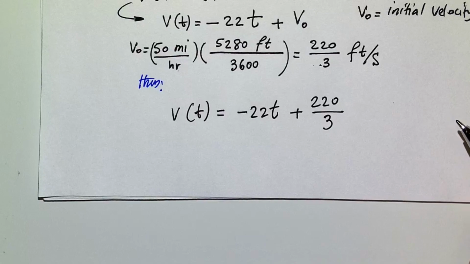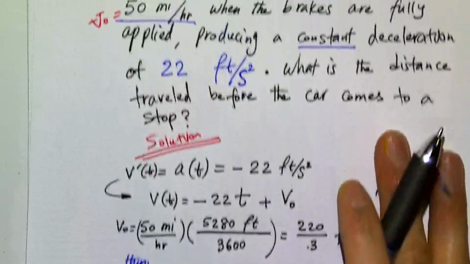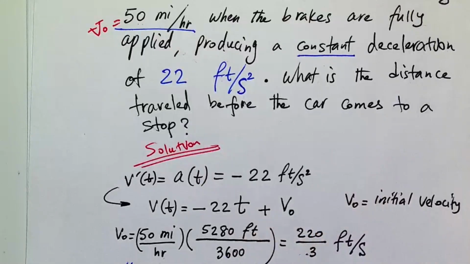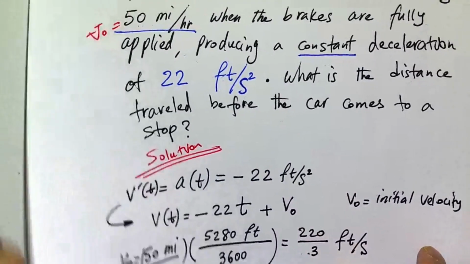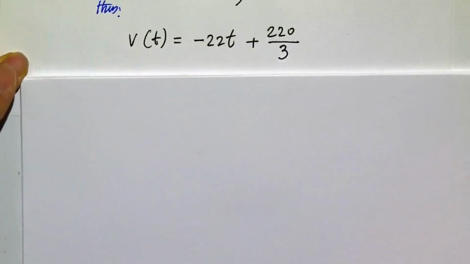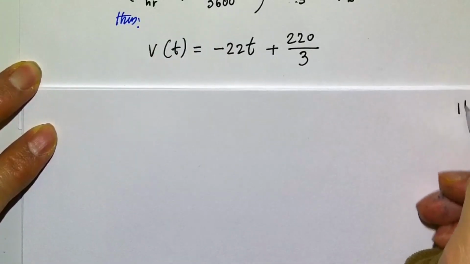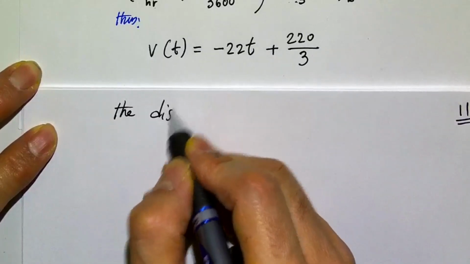Okay, so that being the velocity function, they want us to find the distance function, right? What is the distance traveled? To find that, we need to first find the distance function, and the distance function would be the antiderivative of the velocity function, right? So here, the distance function,